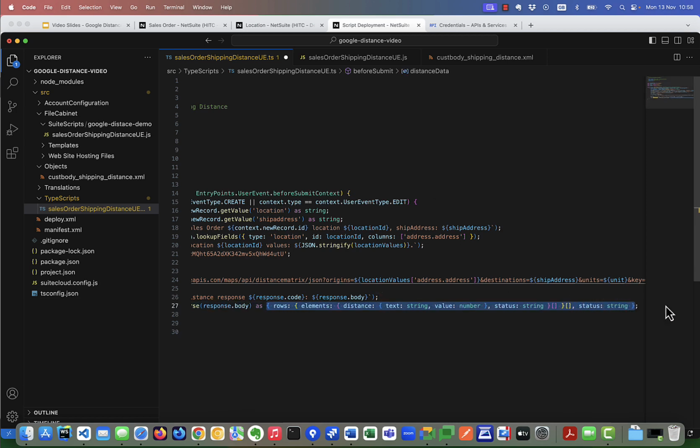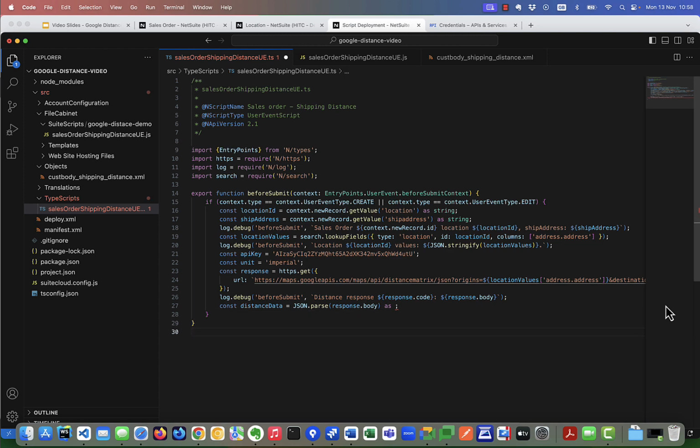So what we can do is we'll just come down here and say interface DistanceResponse and paste what we've got. And we can just kind of break this out to make it a bit more readable. So it's really just two things. It's rows and a status at this point. And then I can just copy this and say json.parse as IDistanceResponse. It makes things a little bit cleaner, doesn't it? So now to parse the data,